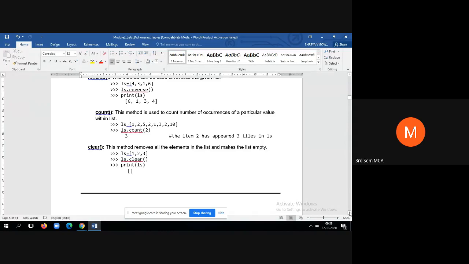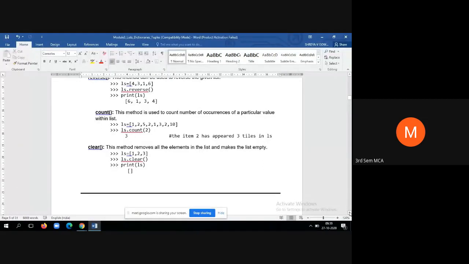See, in the previous class I told about the clear method also, because I was giving the example of DBMS queries, that is, truncating the table and dropping the table, isn't it? When you drop the table, the entire table will vanish. That means you are deleting the existence of the table itself. It may be similar here also. If you delete, what happens? You'll be deleting the entire list. Now instead of that, you want to retain the structure of the list, but you want to delete only the elements. That means if you want to delete only the elements, then you can do so by using the clear method.